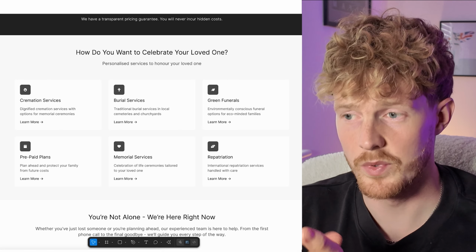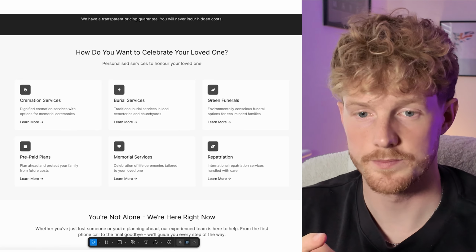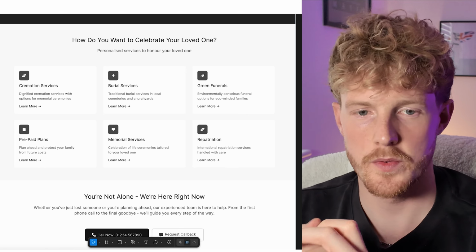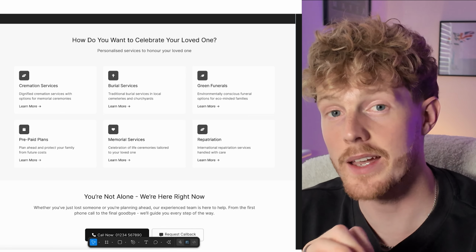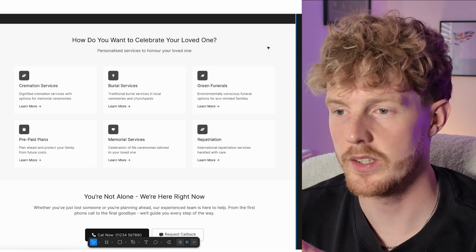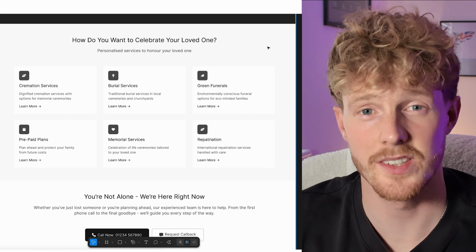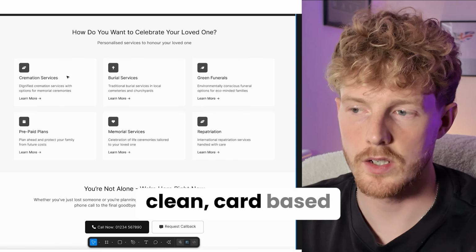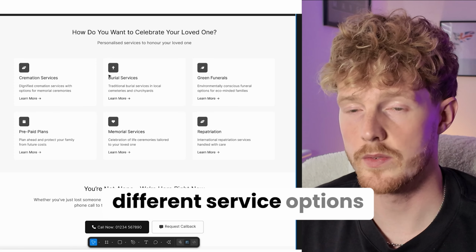This section really helps people understand exactly what products and services that you offer. Next is our product or service overview. This section is going to help people understand exactly what service and product that you offer, and we need to make that done at a glance. So what we've done here is we've broken it down to make it really easy to understand quickly. So we've used a clean card-based grid just to showcase all the multiple different service options that we